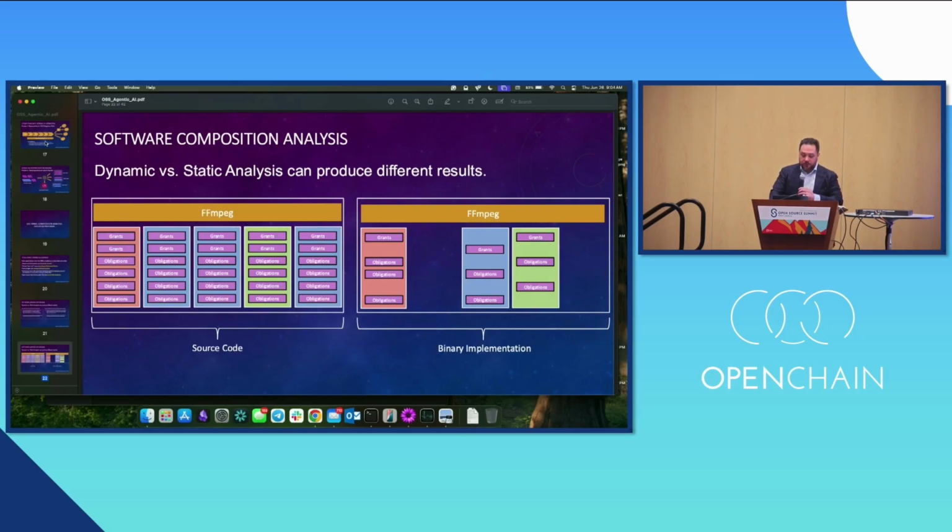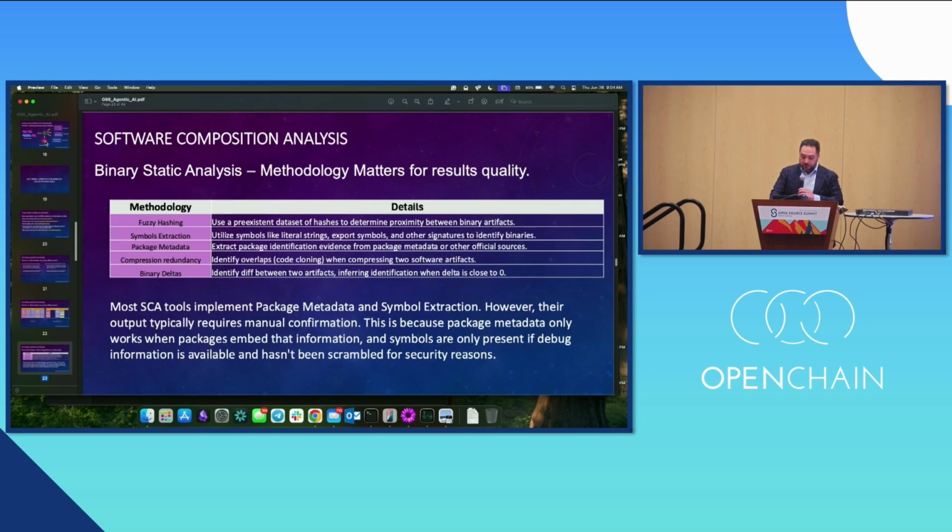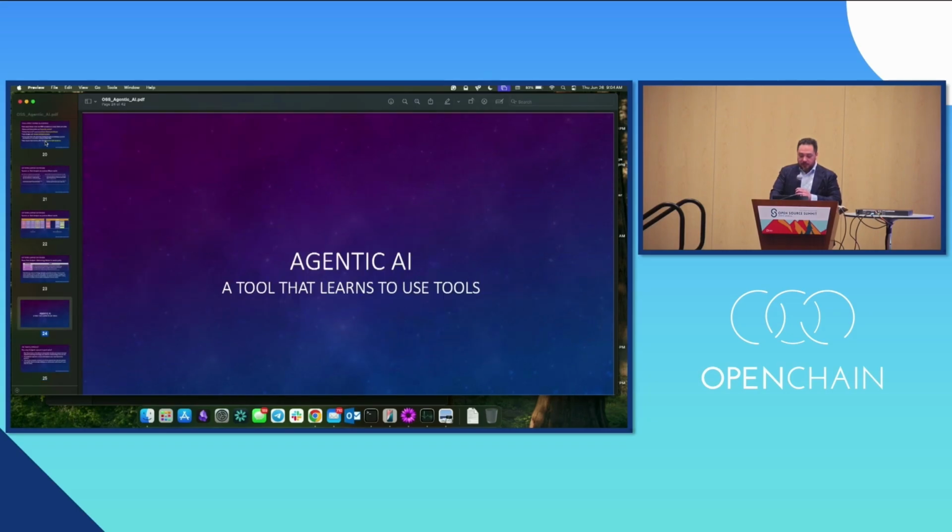So again, source code and binary implementation will look different. And even when you do a static analysis with complex algorithms and other things, the truth is that simple metadata extraction will not work all the time. You need to understand a little more deeply. So with all this complexity growing, the truth is that we are not able to cover everything, right? We have to assume certain risks and we have to assume what we can deliver. And that's when we come with the agentic approach of how to do things.